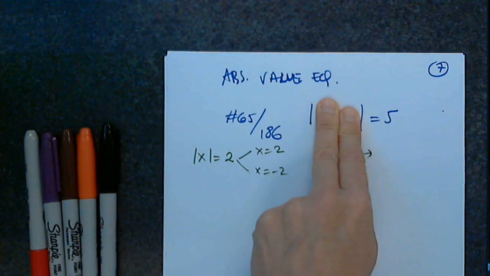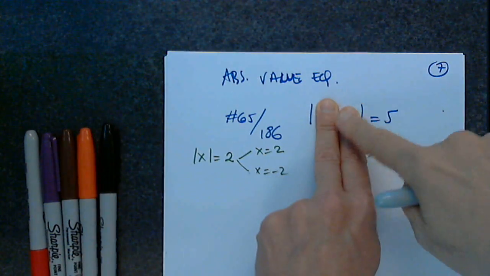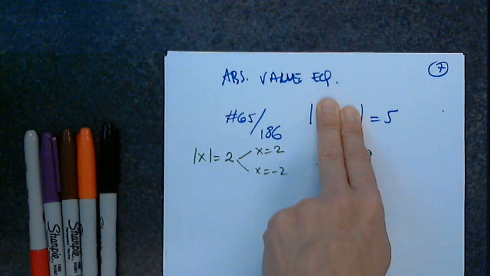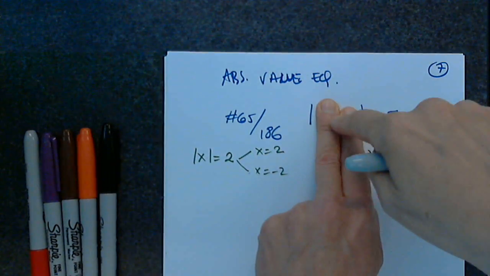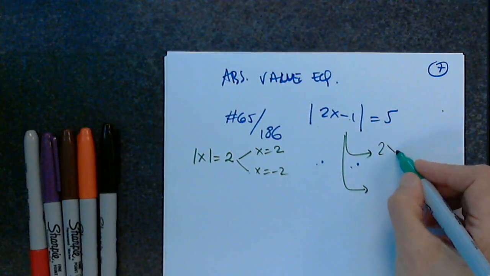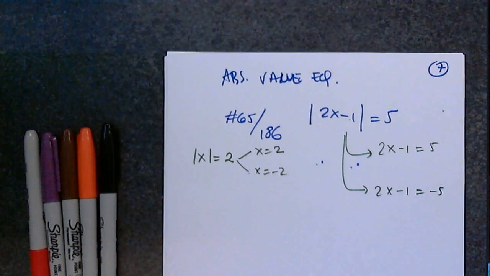This could be 5, so that the absolute value of 5 is 5. Or what could I have in here? What is the other option? That's it. That's all I have to write. 2x minus 1 can be 5, and 2x minus 1 can be negative 5. And then I solve for x. So please finish that up and give me the